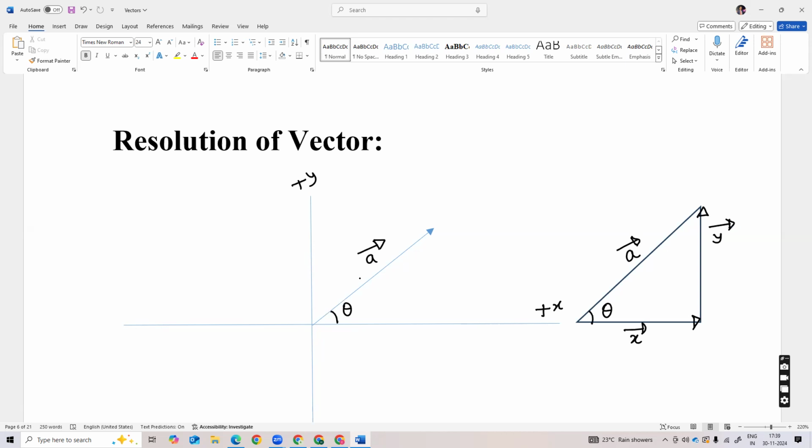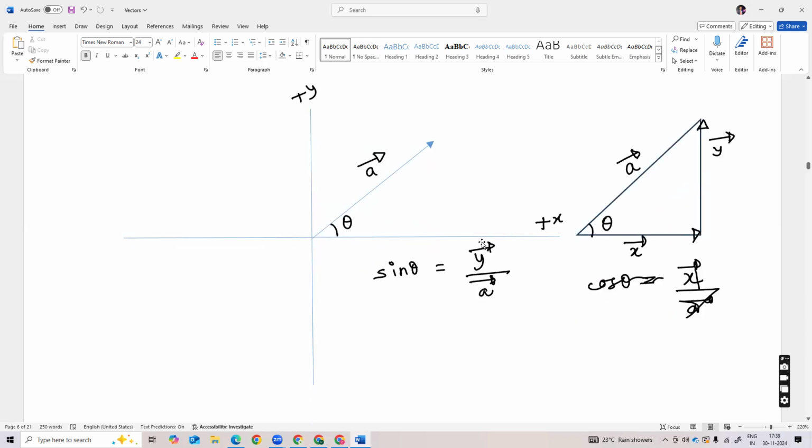So from Pythagoras theorem, you know that sine theta is equal to opposite side upon hypotenuse. So it will be y divided by vector a, and cos theta will be adjacent upon hypotenuse. So it will be x divided by a. So the component of vector a along x-axis is given here as x arrow, and it is a cos theta. Okay,